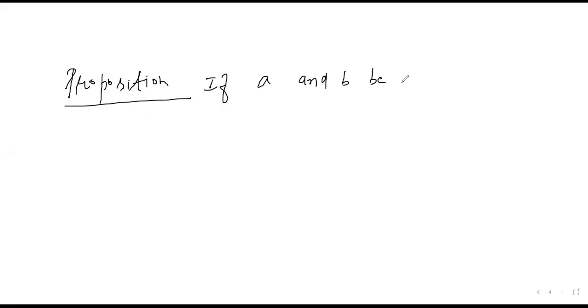This proposition says that if A and B are elements of a semigroup S, then